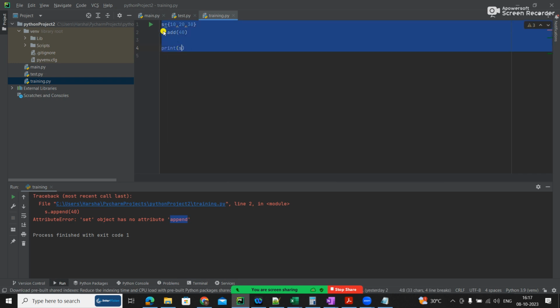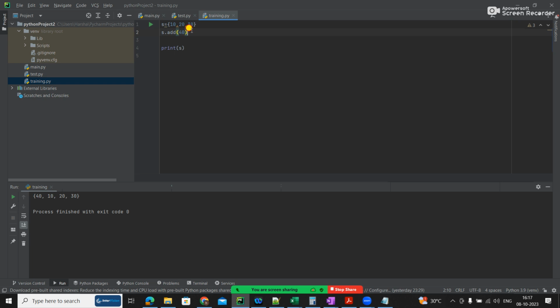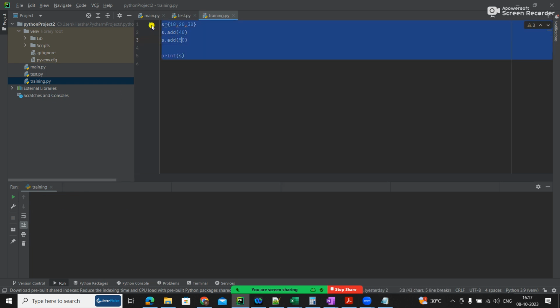See here, now 40 came first, after the 10. So next I'll add 50. You can't say that whatever you add comes at the beginning. I am not sure. It might come at the beginning, but that is not the way we understand. See, it came in the middle. So it keeps on changing: 40, 10, 50. You add something, it might come in some other position. So it is mutable, but it does not guarantee the order.